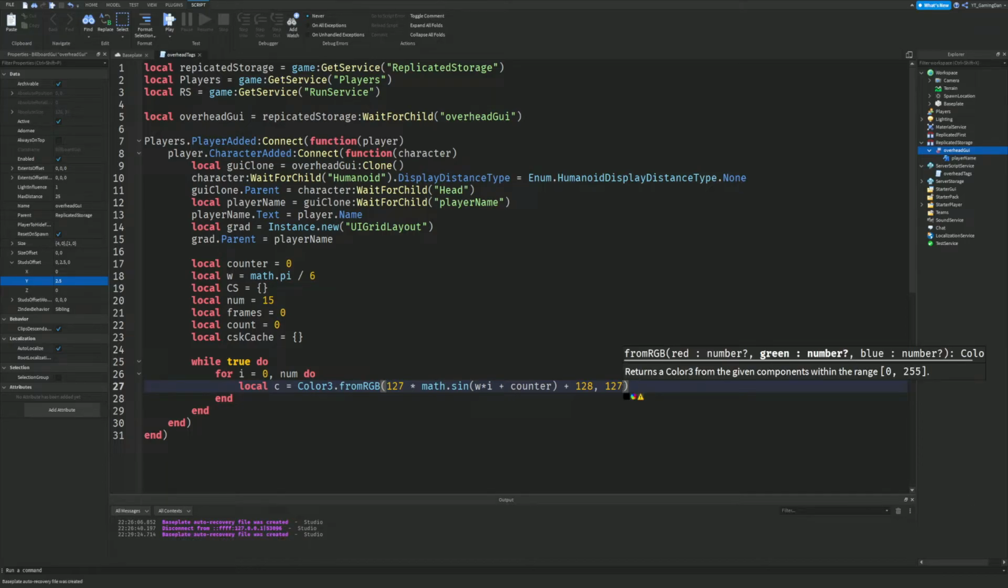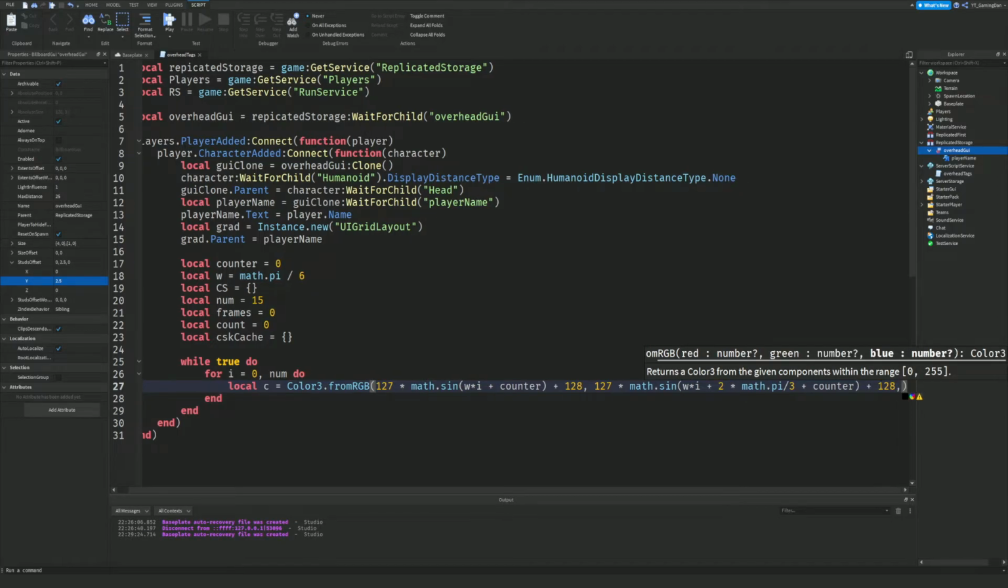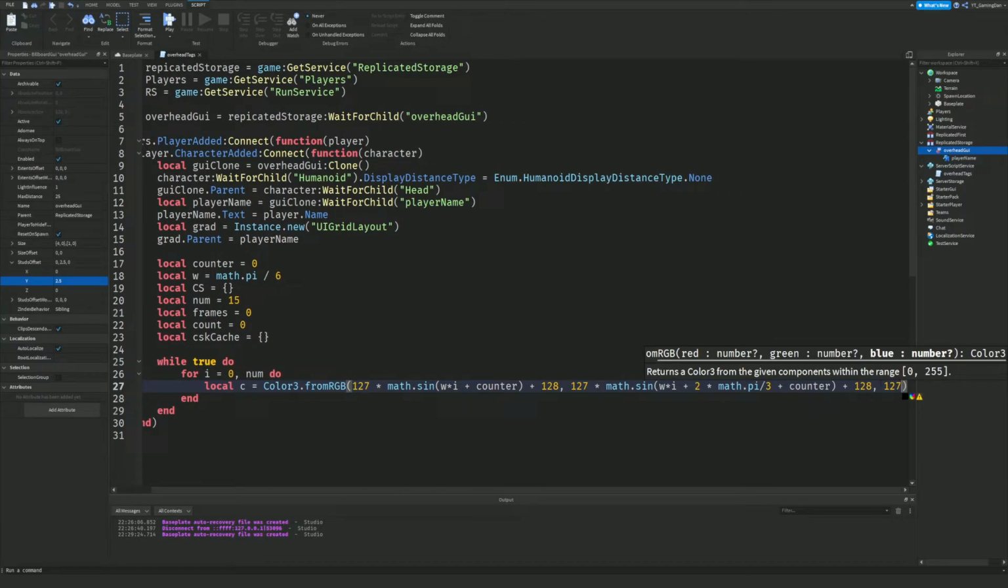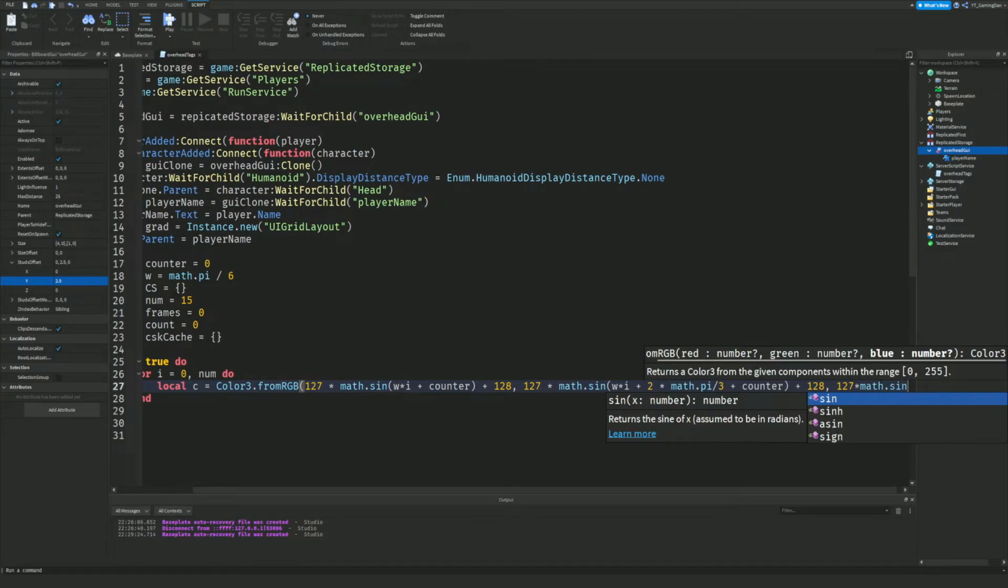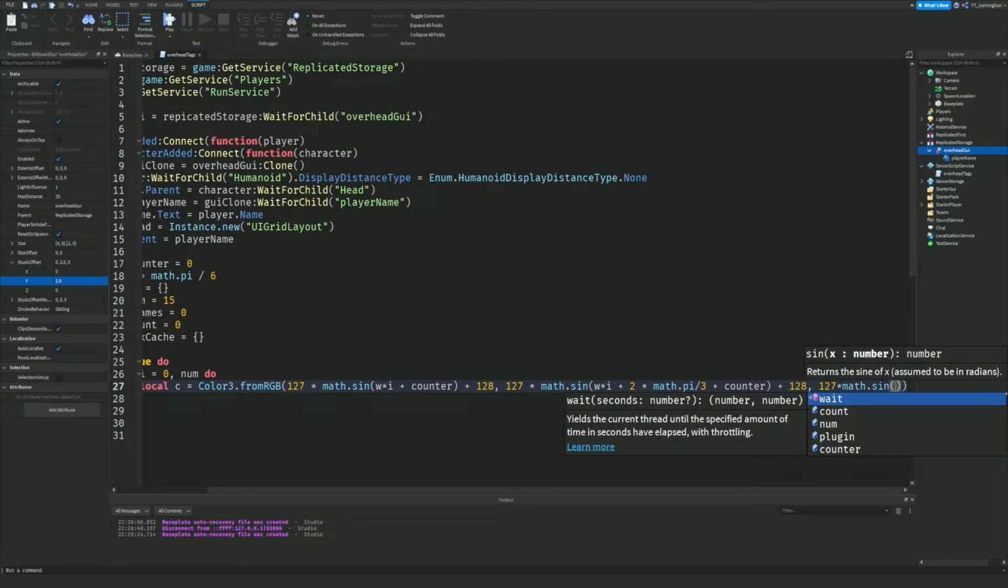So what we're going to do after that is 127 times math.sin of w times i plus 2. Then we're going to do times that by math.pi divided by 3 plus counter over here. Then, outside that, we're going to do plus 128, then comma, 127 times math.sin, again brackets. Then we're going to do w times